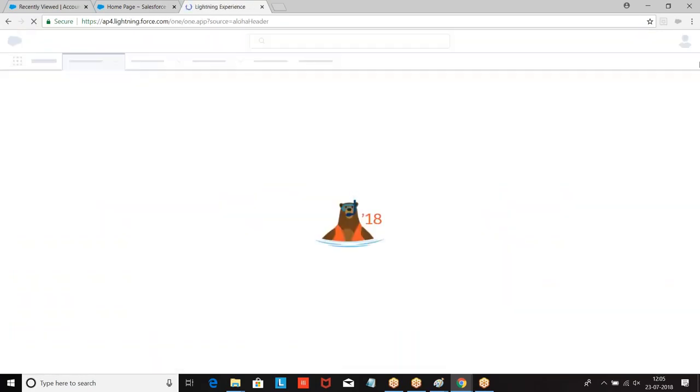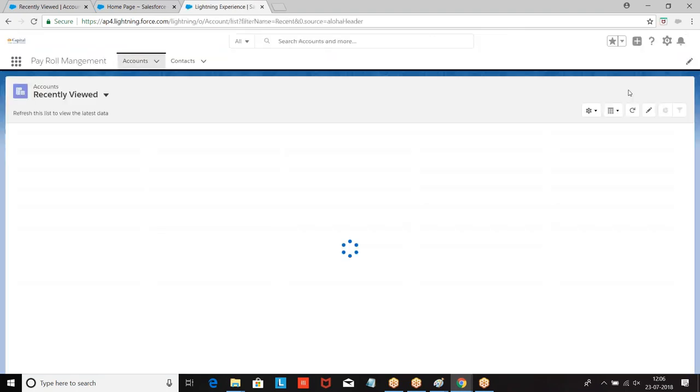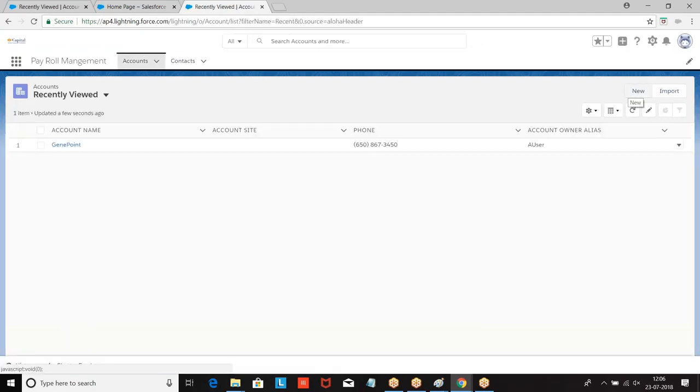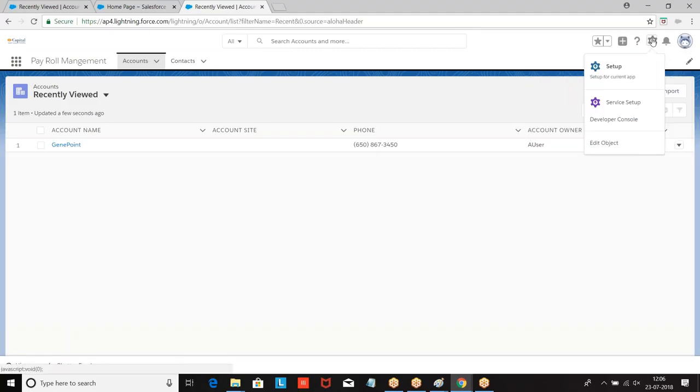Switch to Lightning experience. Now we're getting here. Setup.